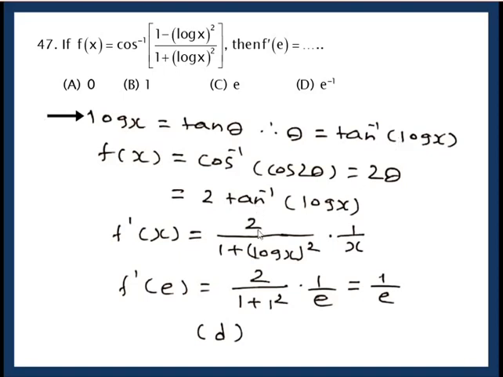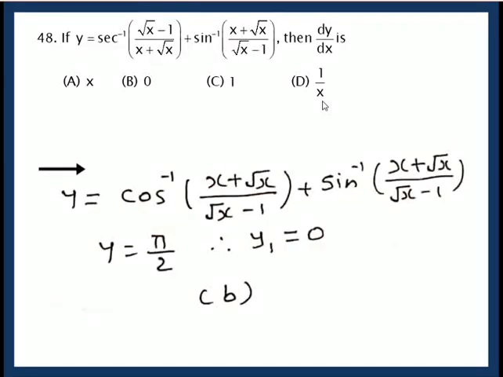What is the derivative? 1 upon 1 plus log x square into the derivative of log x, which is 1 upon x. Now we are asked to find the derivative at which point? E. Put x equal to e. Log e is 1. We are doing calculus. In calculus, it is customary not to mention the base if it is e. So this is log e, that is 1. And finally it is 2 upon 1 plus 1, that is 2. 2 gets cancelled. 1 upon e, that is e raised to minus 1. So the correct option is D, Delhi.